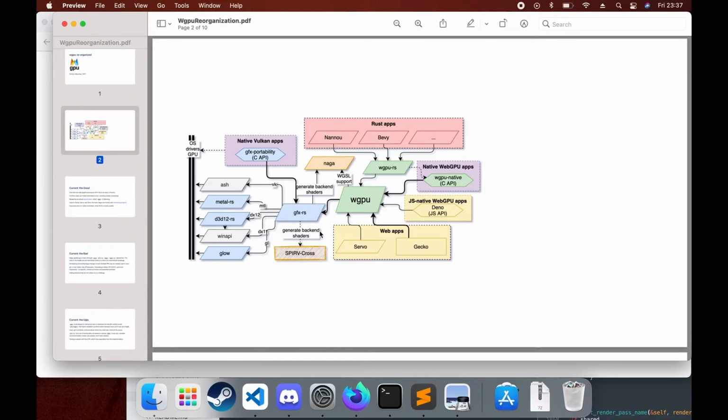It depends on GFX-RS, which has a whole bunch of backends, and it also is used by GFX portability. It uses Naga for translating shaders, and wgpu itself is used by Rust bindings, as well as the native bindings, as well as Deno, as well as Servo and Gecko, and there is a whole lot of other things.